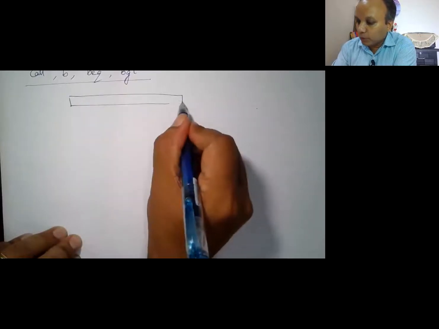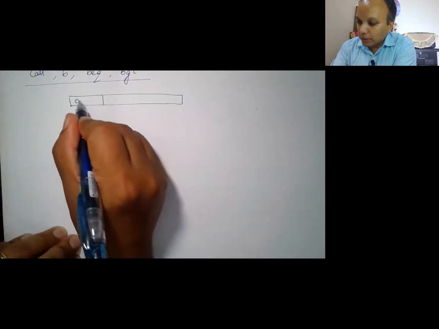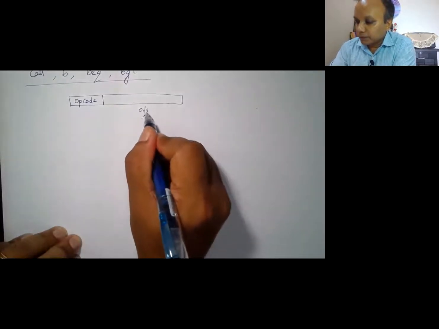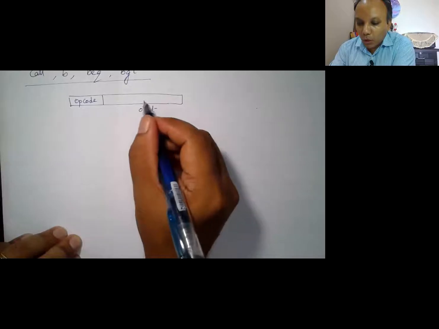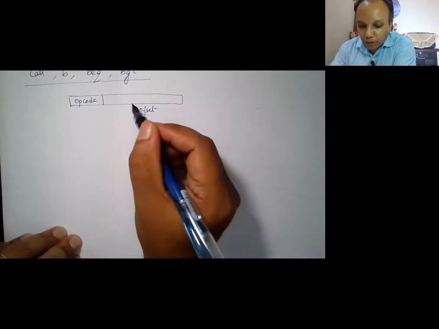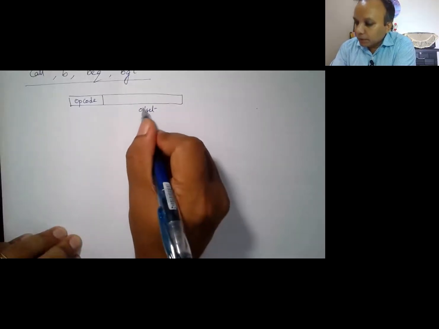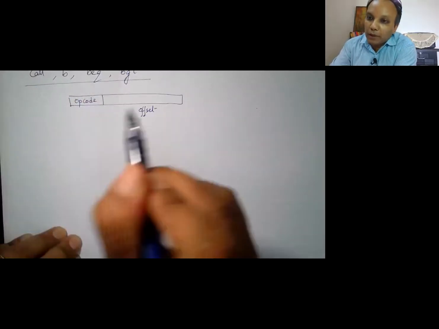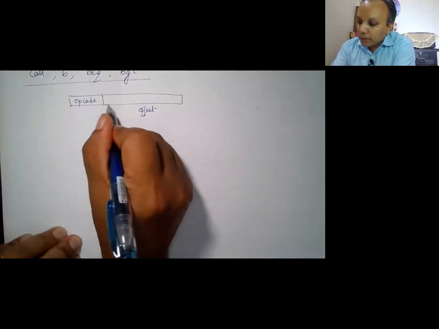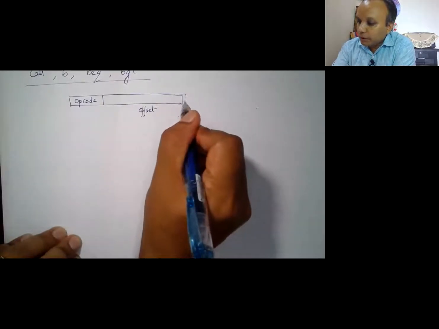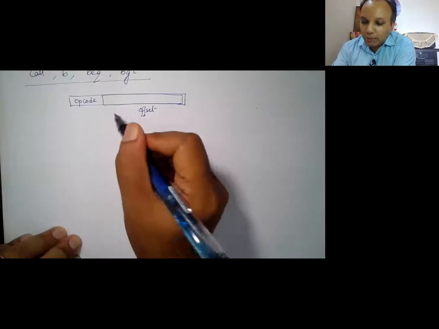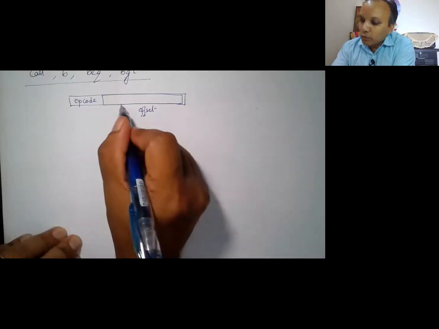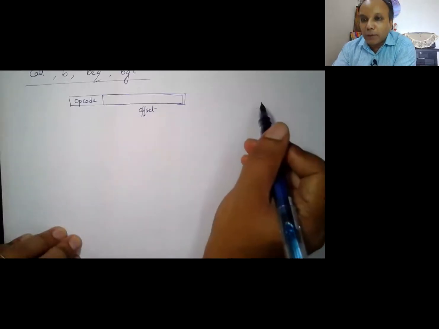You have the opcode, and then you have these 27 bits for the offset. Offset with what? Offset with the PC, because whenever you have a call instruction, you need to go to a different location. In this part of the instruction, you will have the offset stored, which will be adjusted with the PC, the program counter,